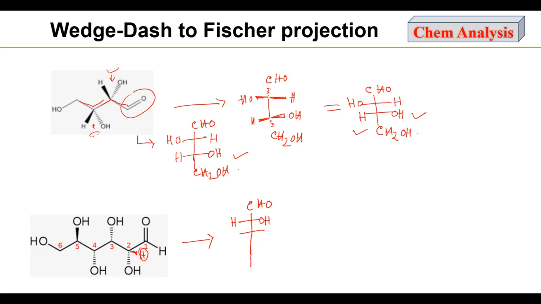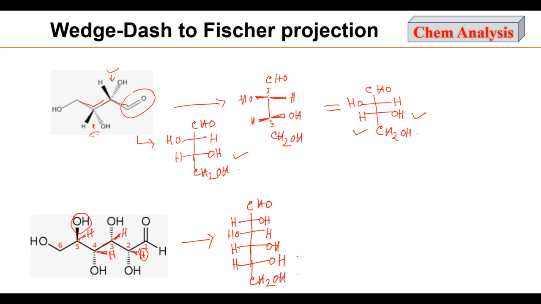In the second chiral center, the in-plane groups are opposite of V shape, so the group or atom which is above the plane will go on the right side. For the third chiral center, the groups are V-shaped oriented, so the above-plane hydrogen atom will go on the left side. And for the fifth chiral center, that is the fifth carbon atom, since the groups are opposite of V-shaped, the group which is above the plane will go on the right side. That is, this will be the structure